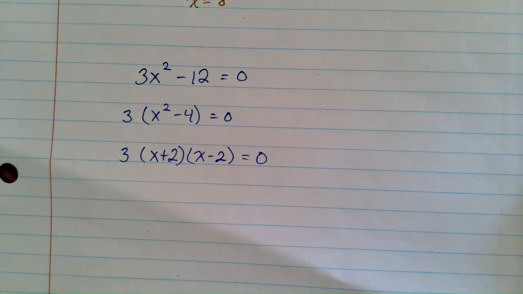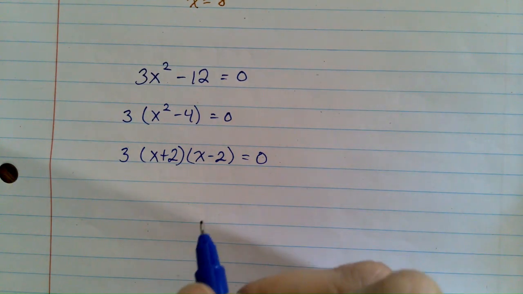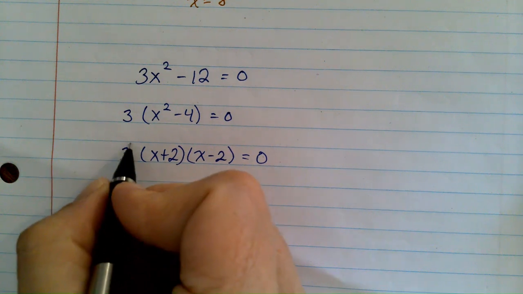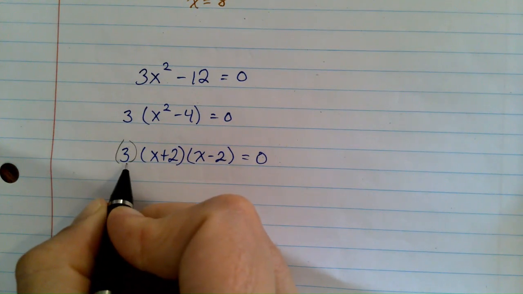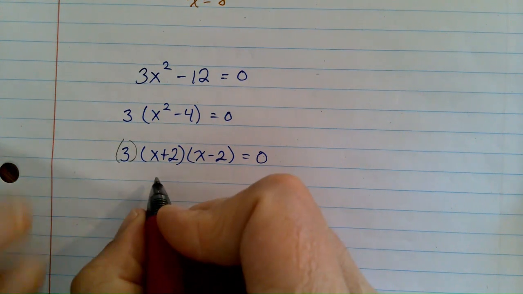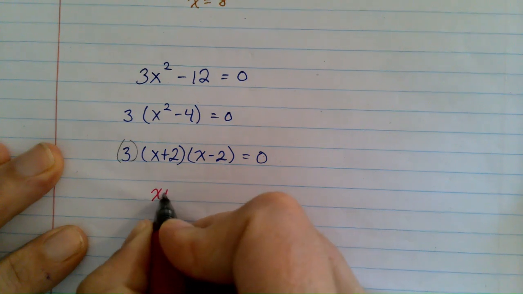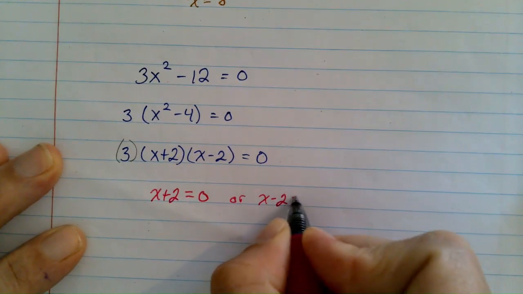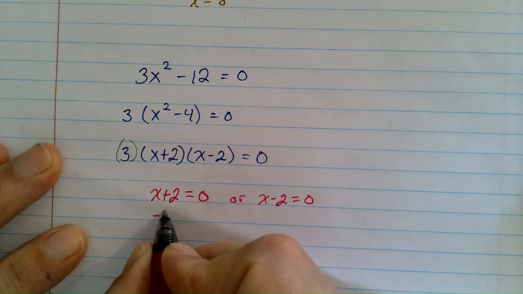And then we set each parenthesis equal to 0. I say that, but the only ones that can equal 0, 3 cannot be 0. 3 is a number. So setting this equal to 0 has no bearing on our problem because it's always going to be 3. So the only quantities that can be set equal to 0 are the ones with a variable in them. And we'll solve that and we'll get negative 2